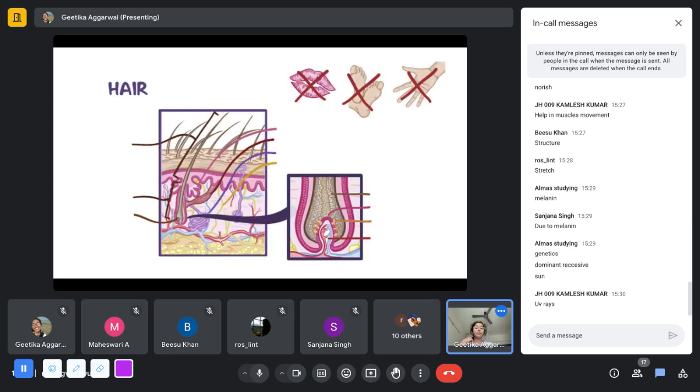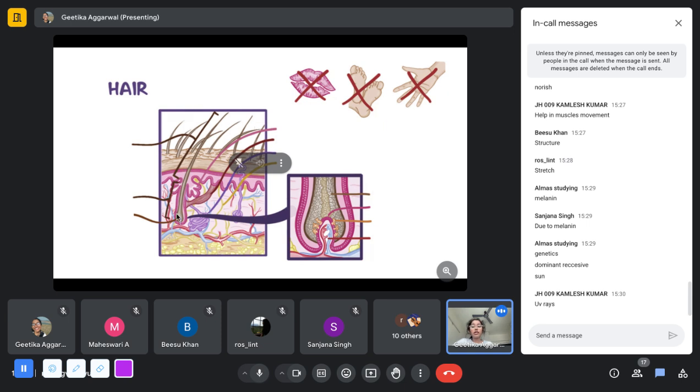from UV rays. So, coming to the structure of hair. We know that hair is found in most parts of the body, but we do not find hair on the palms of our hands, the soles of our feet, or on the lips. Other parts of our body are mostly covered with hair to different extents. Can we now try and label these two diagrams of hair?